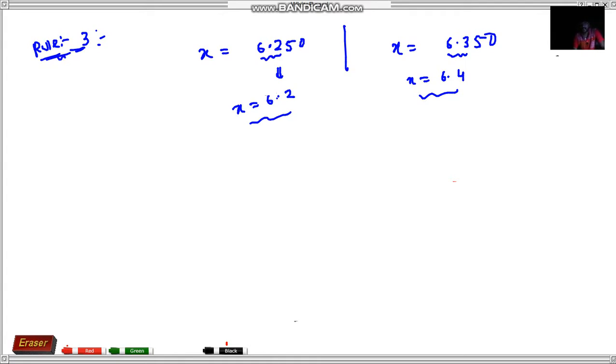Here it is said that if the cutoff digit which is lying before 5, and there is 0 of course after 5, in this rule there should be 0 after 5, because for other than 0